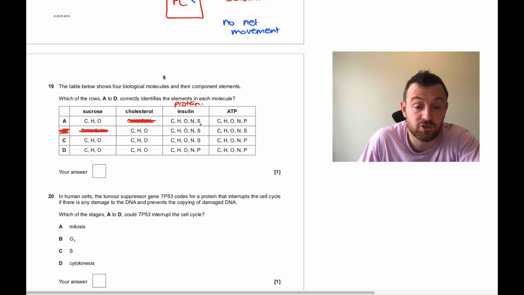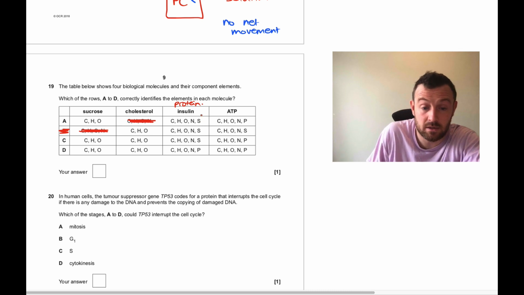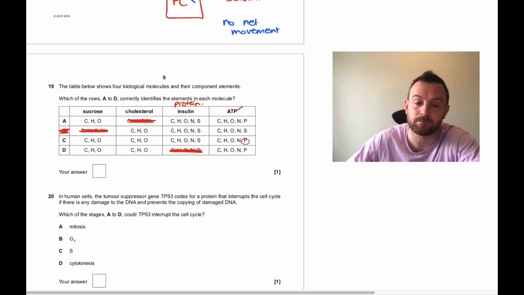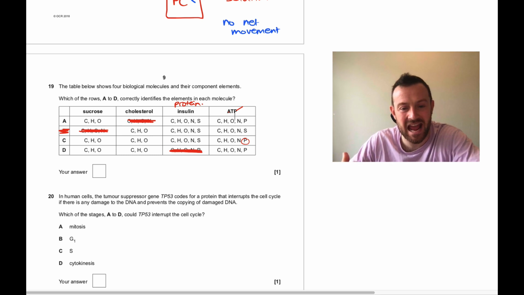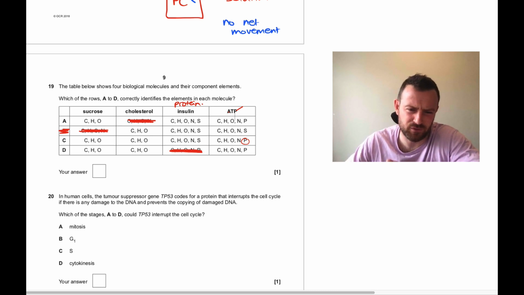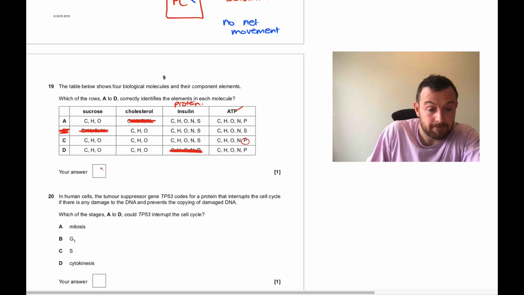So proteins do have nitrogen and sulfur, because sulfur is in the disulfide bonds, which are often present in proteins. It's found in the amino acid cysteine. So it's going to be one of these, not this one, phosphorus. So we've crossed out all the ones that can be. It's got to be C, but let's just hope this is correct. So ATP, yes, it does have phosphorus. That's the phosphate in ATP. It does have nitrogen because adenosine, the A, is a base. Okay, adenosine triphosphate. It's basically a nucleotide with some phosphates added. So the answer is C.